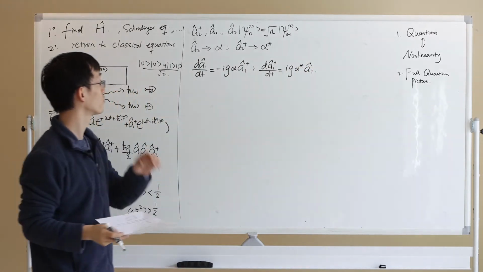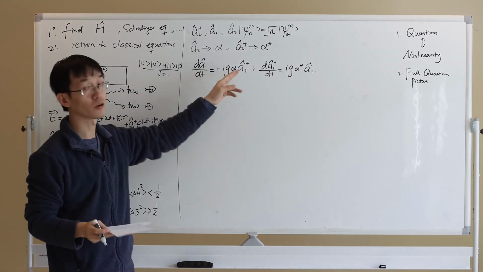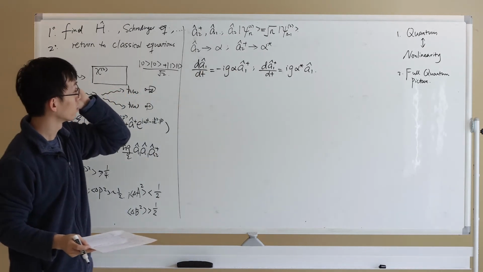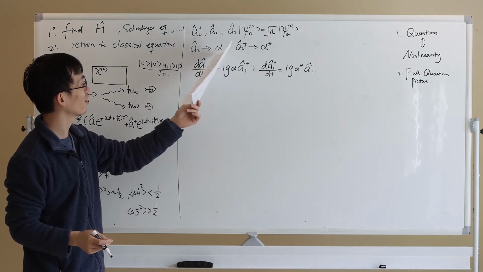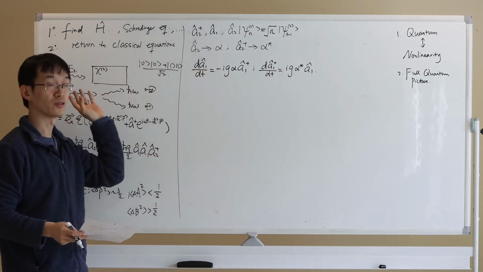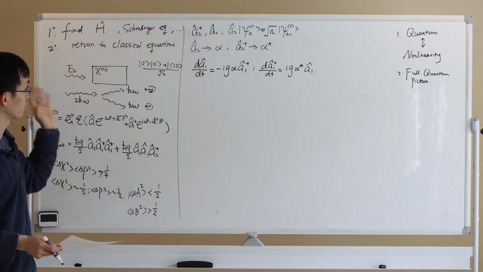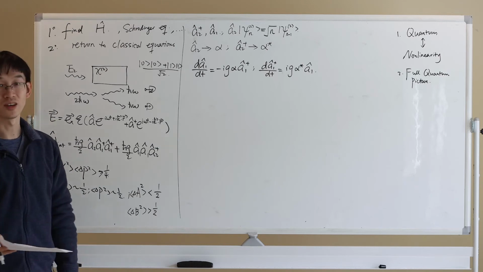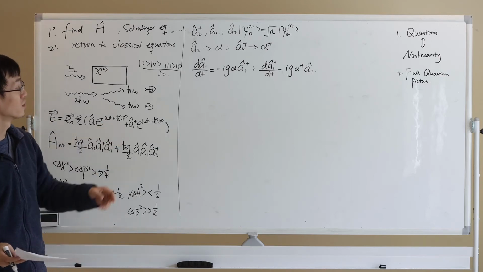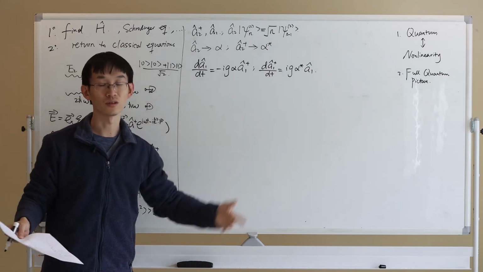Okay, so you have a coupled equation for A1 and A1 dagger. Here, one thing that you notice is that alpha is the electrical field, right? The input of the field. And we know that if you have an input of the field, you can actually select the phase, right? You can select the phase here to make it a real number, imaginary number, or whatever number you want to